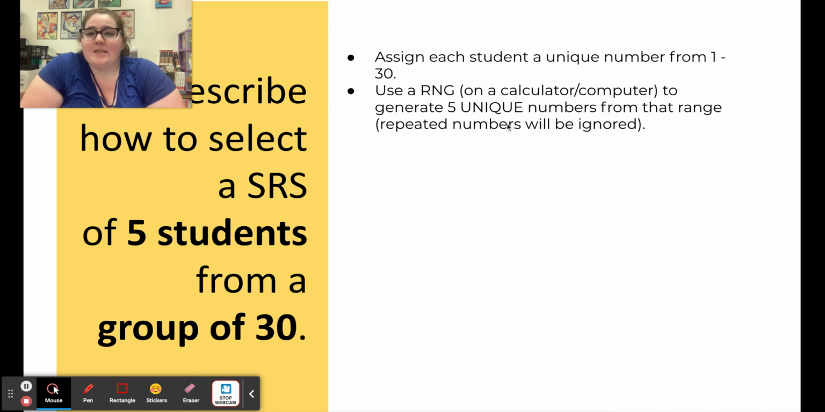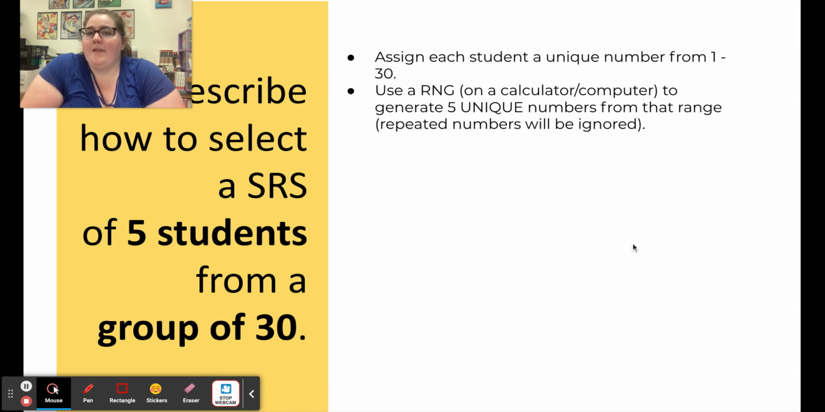So what's important in this step is to say specifically what method and to say that the numbers you're choosing are different from each other. So you can either say unique or say ignore repeats or both. But we want to make sure that it's clear we want 5 different numbers. Different also works here. So use a random number generator to generate 5 unique numbers from that range of 1